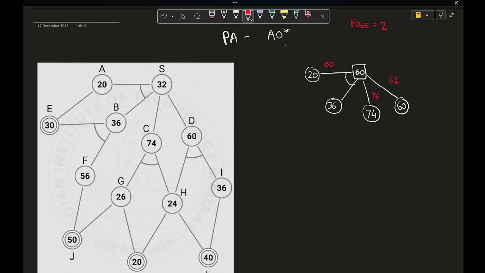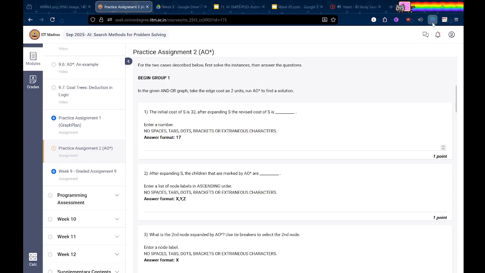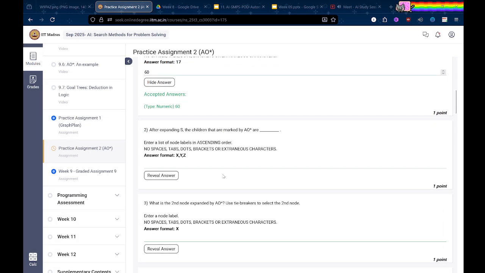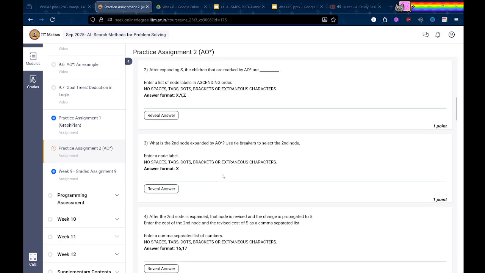I'll write this properly as this, that we are going this way right now, and we'd be exploring this next. So the next cost should be 60. Good. After expanding, the children that are marked by AO star are